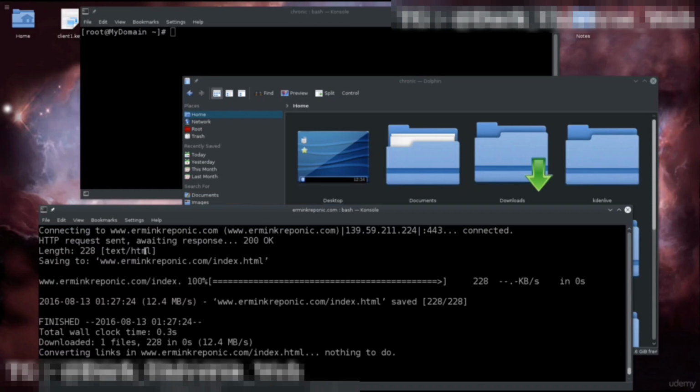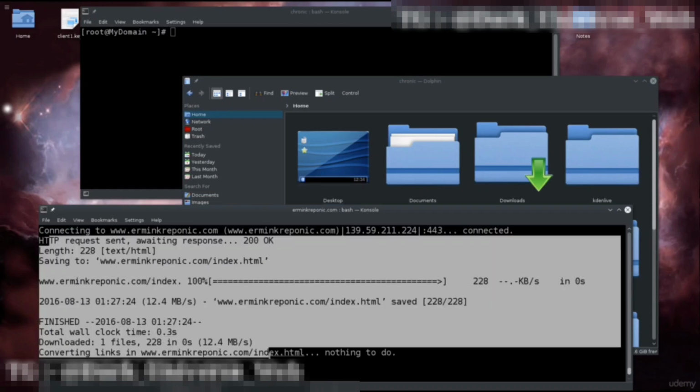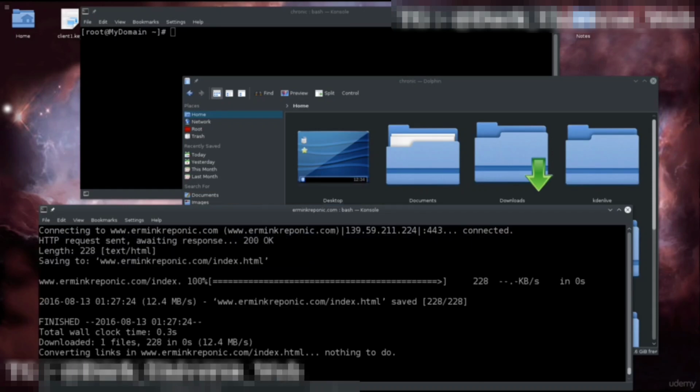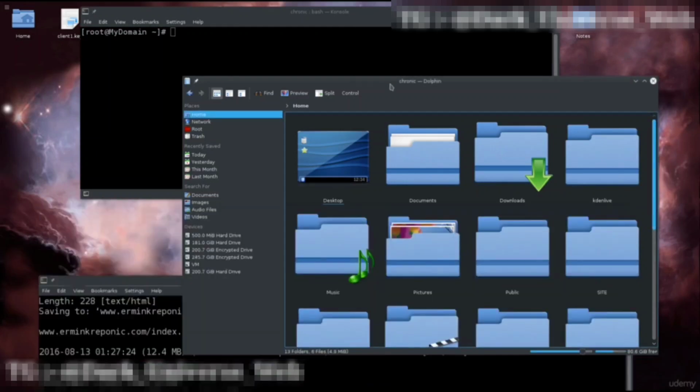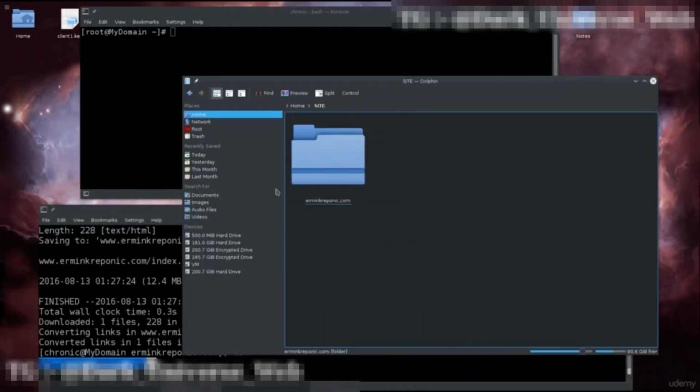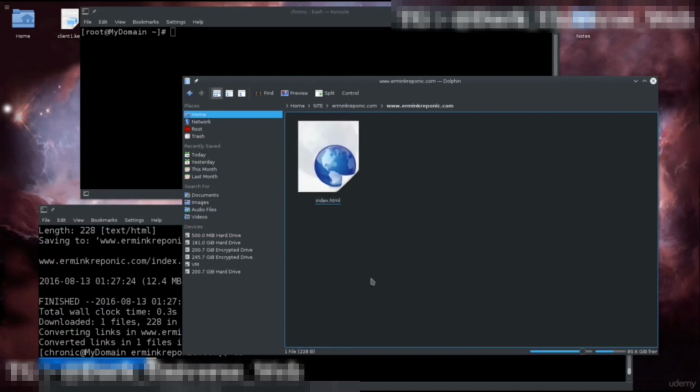Okay, so this finished rather fast, and it usually will finish rather fast, perhaps not as fast, because my site is rather simple. And there you go. I have this saved. So if I go into my file manager and I go into site and I go into admin.com and then I go into the folder where it has been downloaded, I get the index.html. And if I go ahead and open that up,